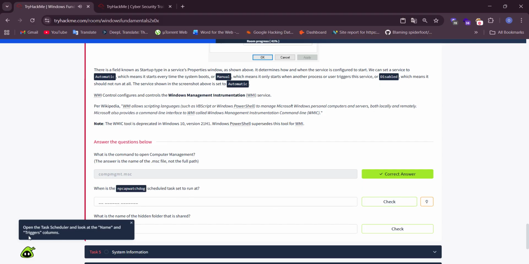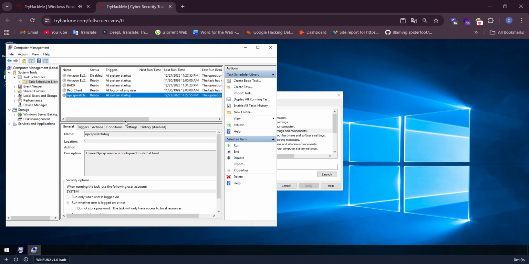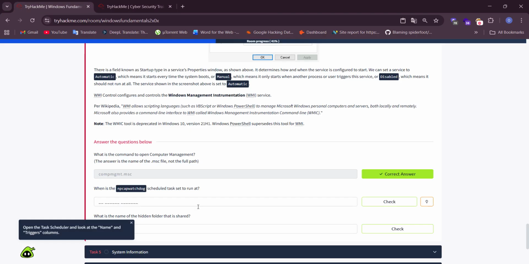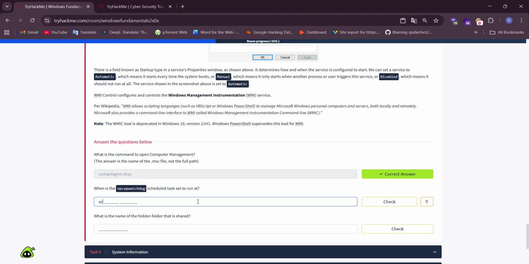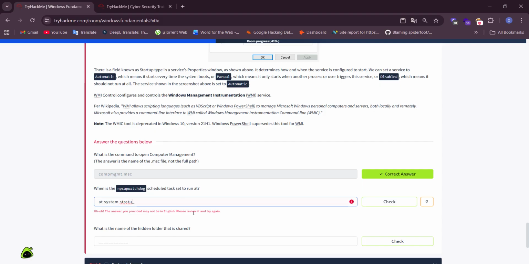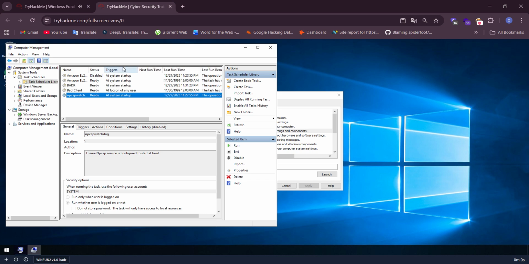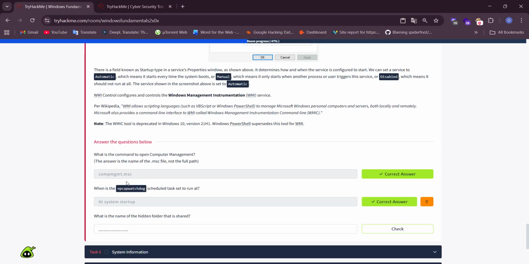Hint: triggers column. Okay, or at system startup. We need the triggers, and Npcap's trigger is that.